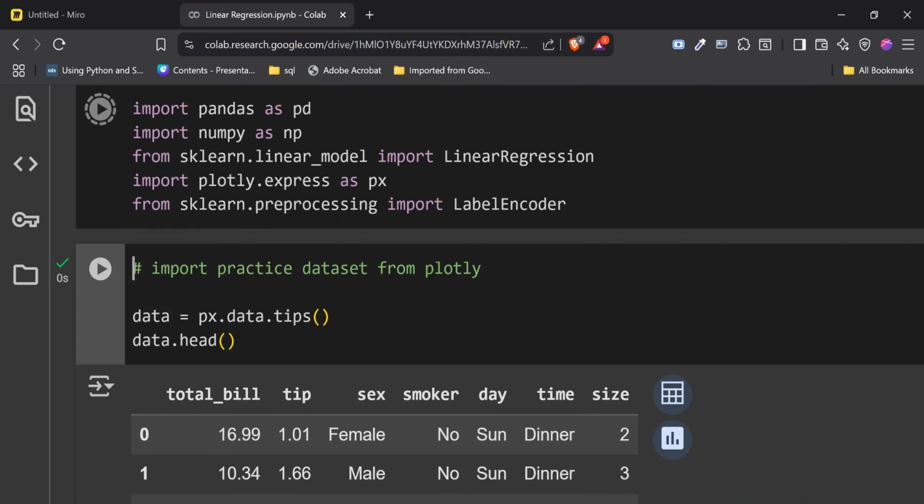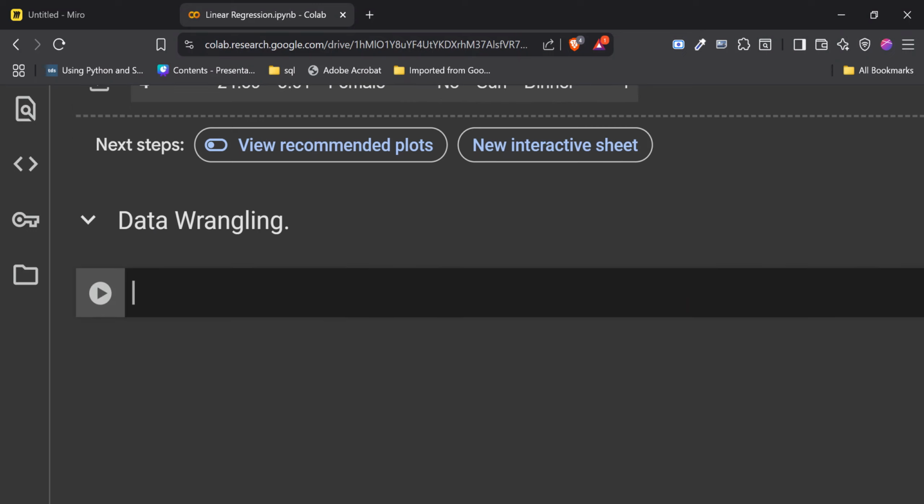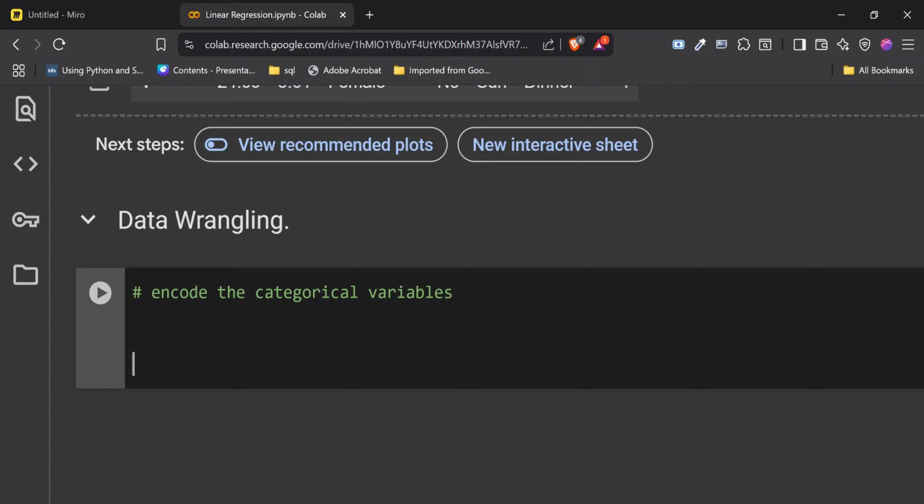And yeah, I'm going to rerun this line again and come here to encode the categorical variables. So the first thing we're going to do is get out the categorical variables.